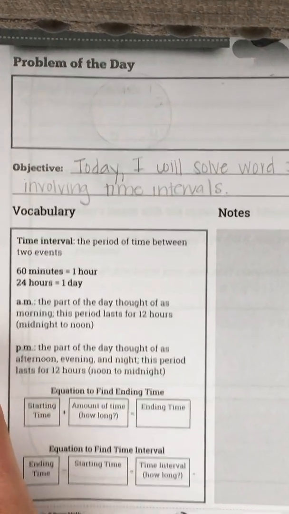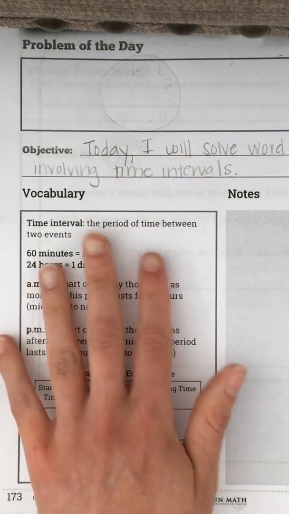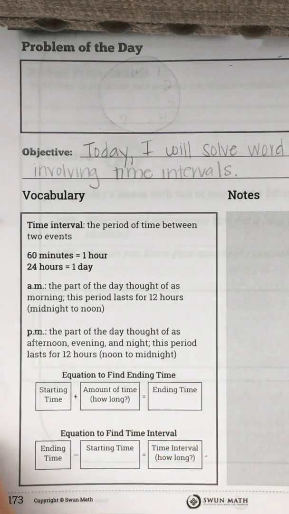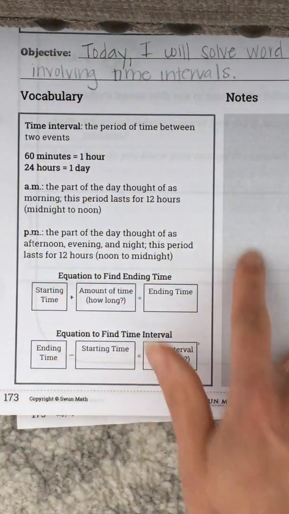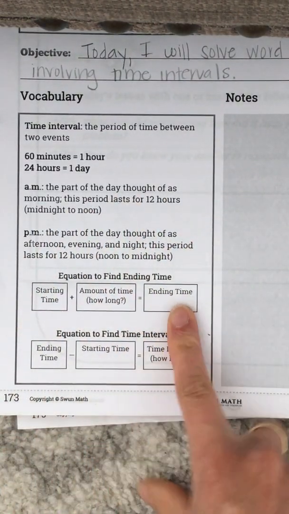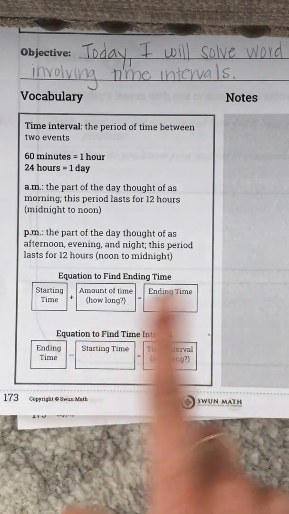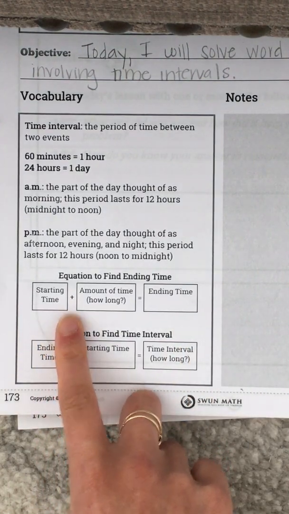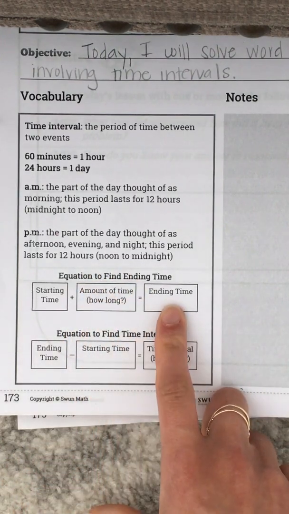So just a quick review down here, we know that a time interval is the period of time between two events. There are 60 minutes in 1 hour and 24 hours in a day. And then these are the equations that we are going to use today to solve. So if you are looking for the ending time, let's say they give you a starting time and they say it's going to end at this time, you do the starting time plus how much longer that activity is going to take